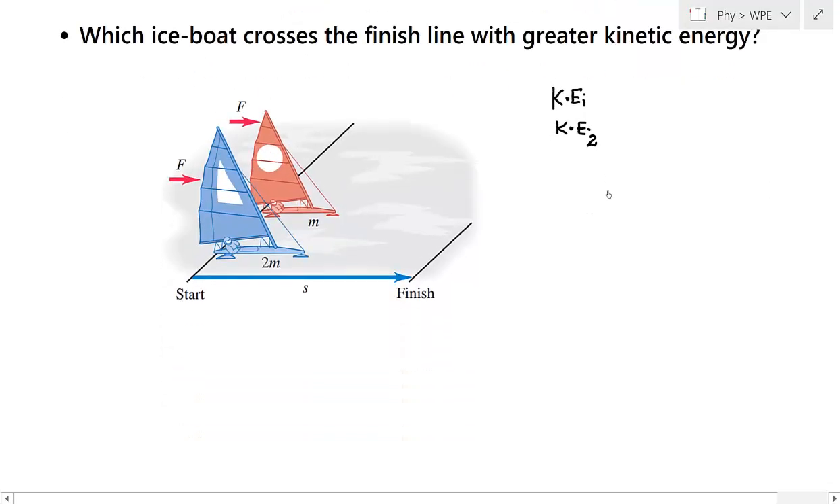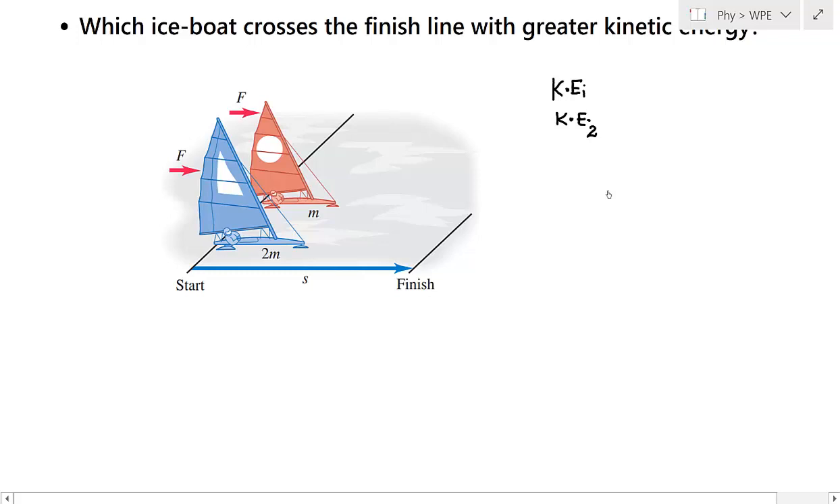So how will you calculate? If you remember, kinetic energy is given by the formula half times m times v square. Now here you have two masses. One mass is m for ice boat 1. For ice boat 2 you have mass 2m. Now you can expect that since this has more mass, it will have more kinetic energy. You can think that ice boat 2 has more mass, so it will have higher kinetic energy when